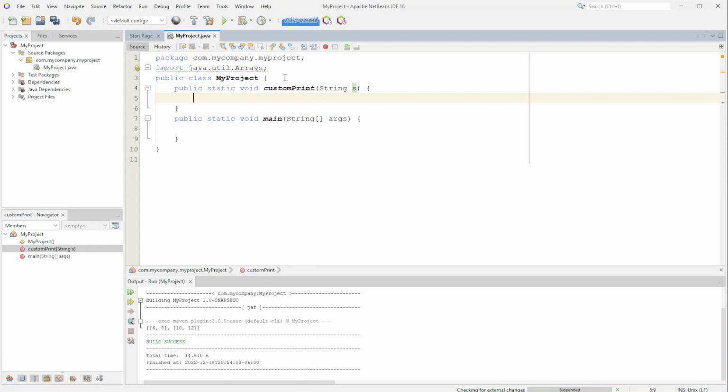Well, we want to print out custom print. How do we know that we're printing out something custom? Well, we can just do a system.out.printf. And we can just say we are in our custom function with string %s, and then we can put a \n, and then we can just print out our s string that we passed in. And then in our main method, we can say